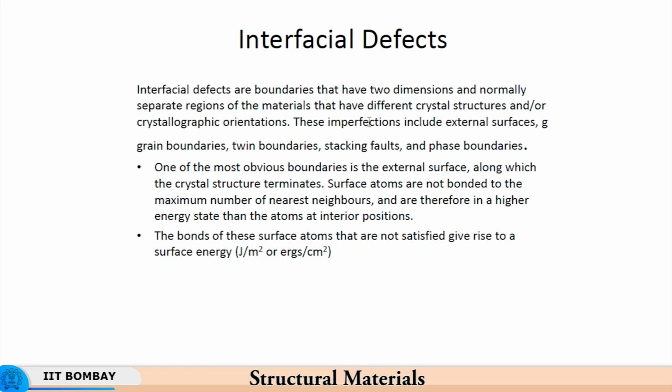So one of the most obvious boundaries is the external surface. That is also a boundary between the chunk of metal and the environment. Let's say you take a cube of metal, then it has 6 faces. Each of these faces is a boundary of that chunk of metal, and so they are external surfaces where you have atoms present on the surface, and they interact with the environment. So things like oxidation and corrosion take place on the surface because there is an interaction of the surface atoms with the environment. You have moisture, you have gases in the environment which react with the surface of